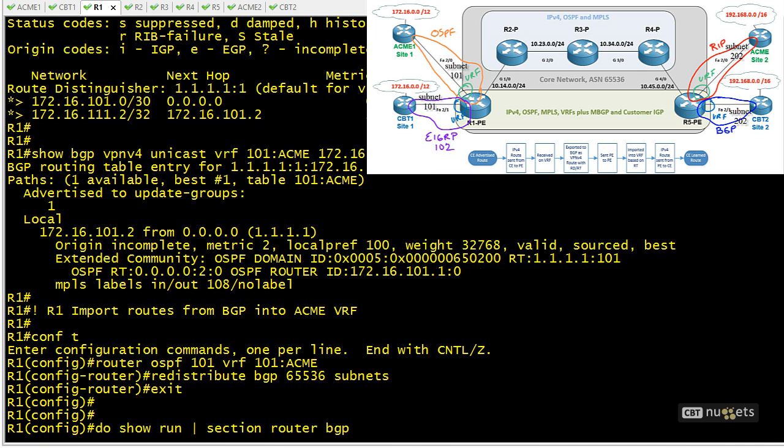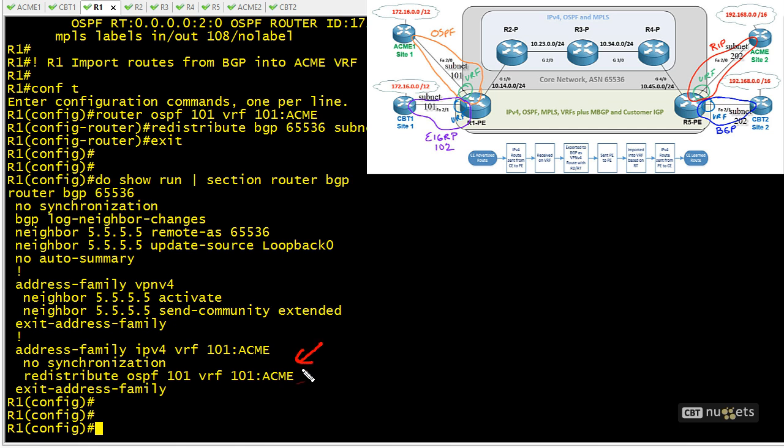The next thing that I'd like to do is let's go ahead and do an export for the benefit of CBT's VRF. So just for a moment, I want to take a look at what the current configuration is for Border Gateway Protocol. So here's the export information for Acme's VRF. So what we're going to do for CBT is we're going to follow the same kind of process. We're going to go back into router configuration mode for BGP, Autonomous System 65536. We're going to go specifically into address family IPv4 for VRF. In this case, it's going to be